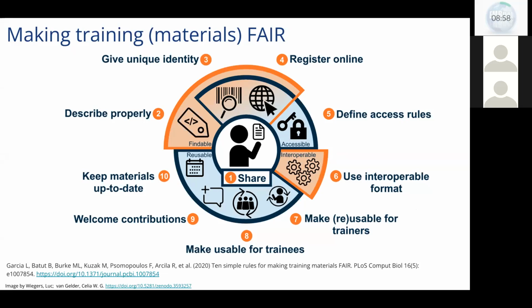These discussions about adapting the FAIR training principles started to happen in one of the Elixir all hands meetings in around 2017, 2018, and continued on in the Elixir Fair Training Working Group, ultimately leading to the publication of the 10 Simple Rules for Making Training Materials Fair paper, which came out last year. So this is the figure from the paper, which gives you kind of an overview of what those 10 simple rules are. I'm not going to go through that today, but I have put a link down here on the slide if you'd like to read it in more detail.